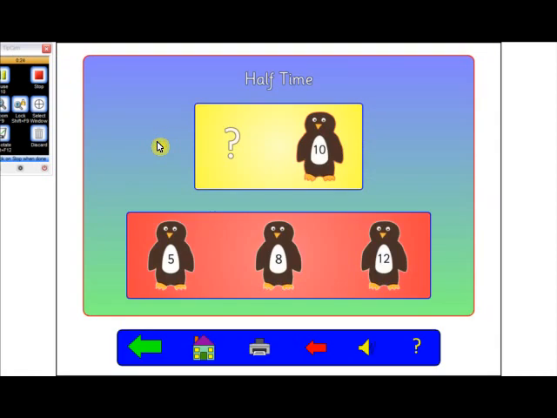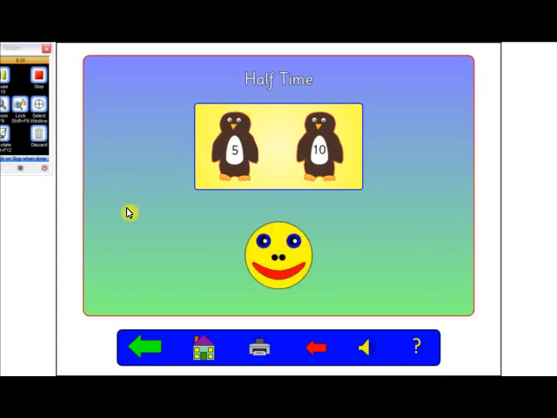So the idea is you have to decide which number is half of which number here. So is it 5, 8 or 12? I think it's 5, so I'll put 5 up here, and obviously I've got it right, and then it just carries on. So we'll go back to the menu,